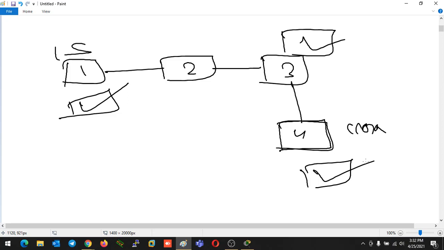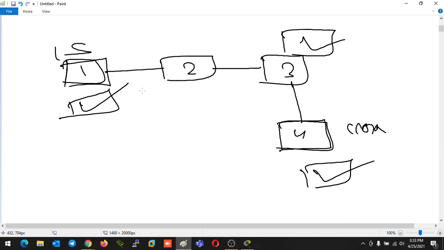That should not happen. We should have some security on that. If you want to add some security, you can do one thing. You can configure a VTP password on all the switches. The switches configured with the same VTP password can only receive the update and implement it themselves.